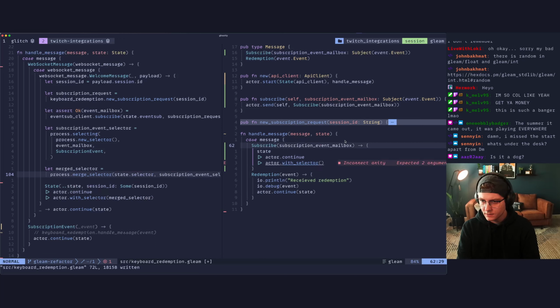And we'll get a new selector. So let selector equals process.new_selector. We'll pipe that into process.selecting.